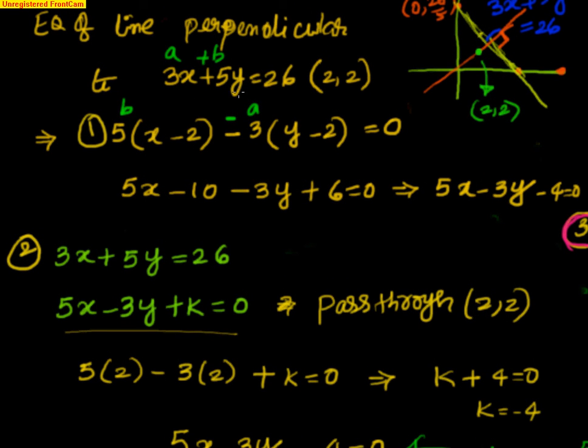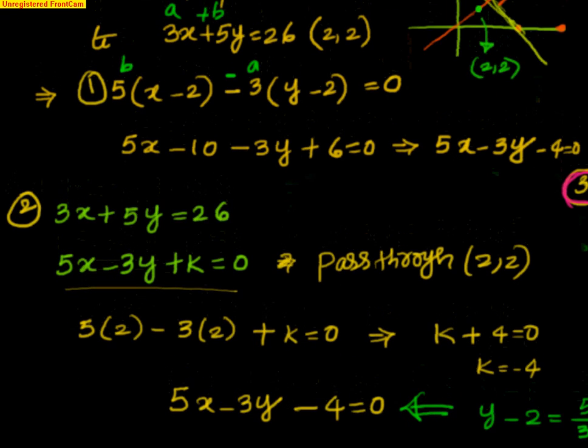if you know ax plus by plus c equal to 0 is the equation of a line, the equation of the line perpendicular to that, which is also passing through x1, y1, is nothing but b into x minus x1 minus a into y minus y1 equal to 0. You can refer to the earlier videos to look at this in detail. Okay. And what is another method? We did 3x plus 5y equal to 26. So it will be 5x minus 3y plus k, because this slope I have to reverse and also put a negative sign there. So this becomes 5x minus 3y plus k, because I don't know what that value is.